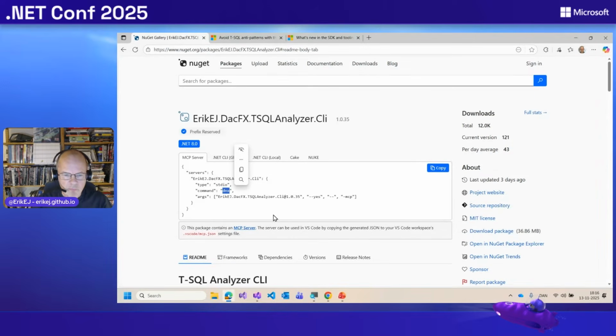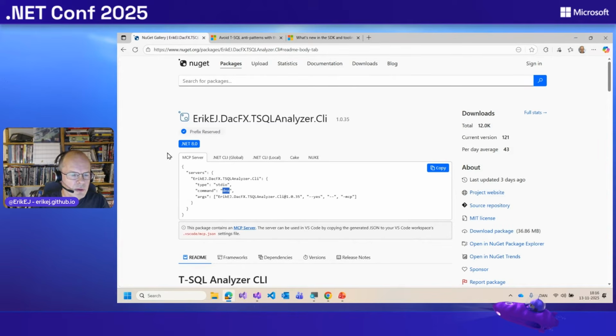Of course, it will initially download it to your NuGet cache, but then it will execute your tool from the NuGet cache.